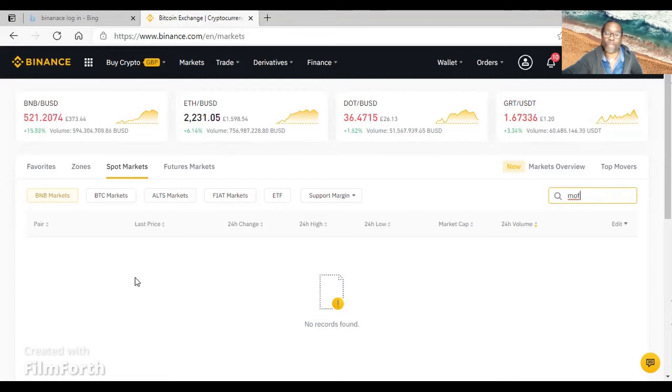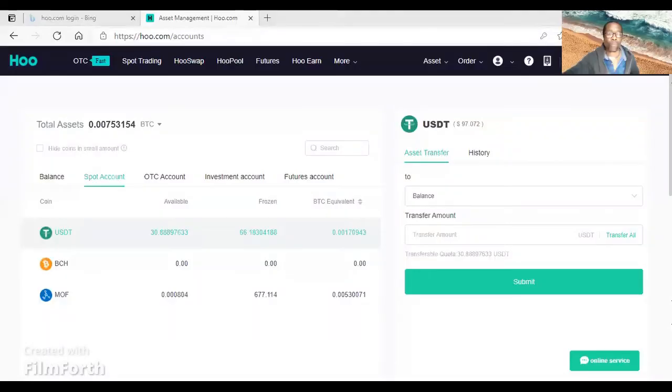Rather, what you can do is, after trading your MOF in another exchange like Bittrex, then you can deposit your crypto like USDT here. So that is what I will rather recommend. So this is what you're going to do, if you want to transfer your USDT to Binance